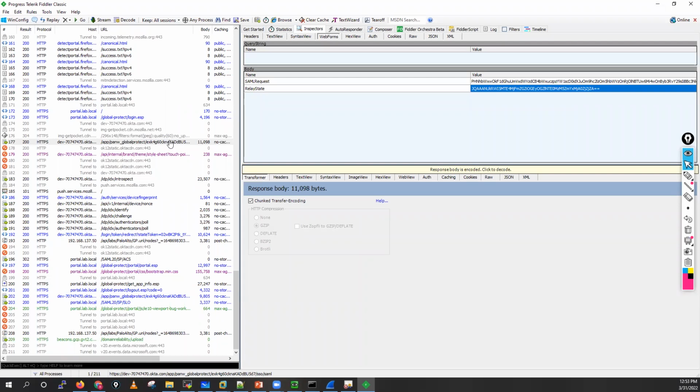And guys, one more thing, just remember, I started accessing my portal from here, right? Then you will see global protect login.esp, and after that you will see they have created the tunnel. They have done some SSL tunnel with your Okta, and after that only they have received the response from there, from the other end. Okay, just remember,